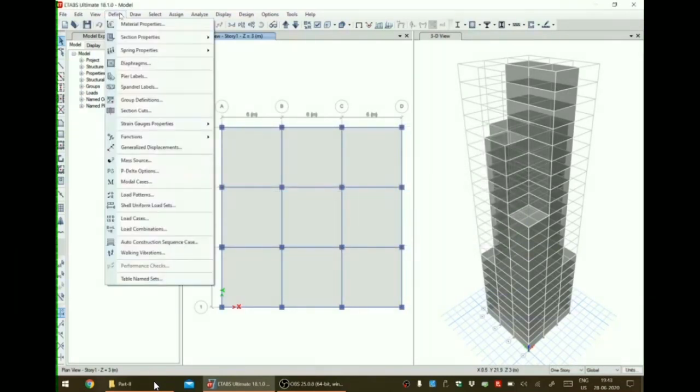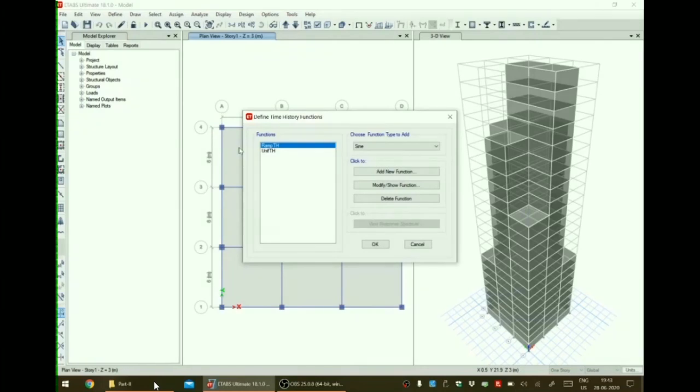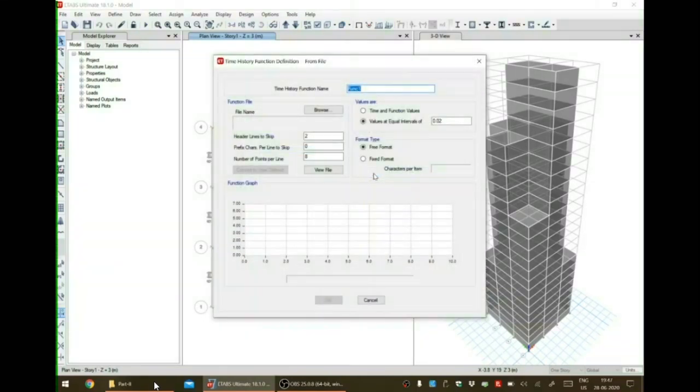First we have to define, as before, the time history function. So under the define menu, function, time history, it will be selected from a file. The function name will be time history.